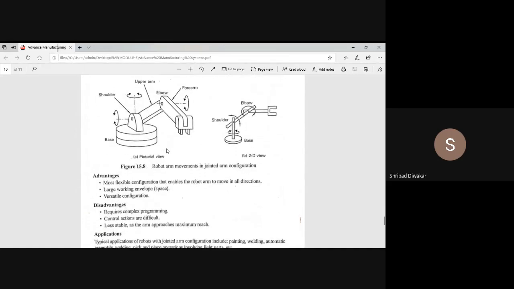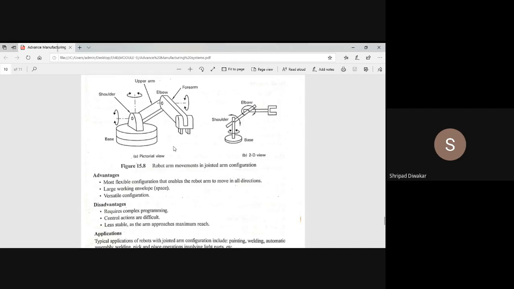Next come the advantages of this robot configuration. It is the most flexible configuration among all the robot configurations, because the robot arm moves in all directions. Whatever direction you want, in x, y, z direction, or cylindrical coordinates, it moves in all directions. Hence we get the most flexible configuration.